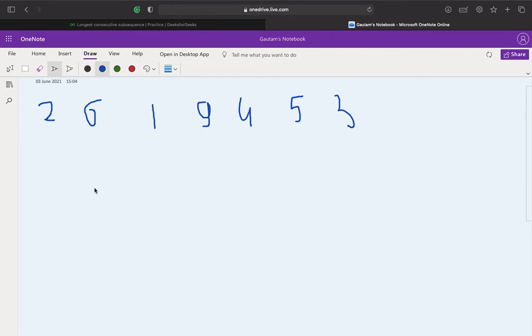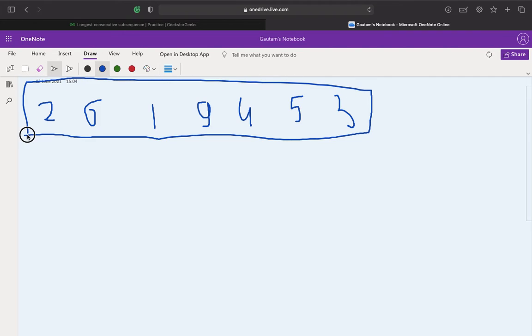So what we'll do is add all these elements into a hash table, right? And a hash table has a property in which we can access any element in big O of 1 time, that is constant time. That is the property of a hash table, right? So we'll add all these elements in a hash table.